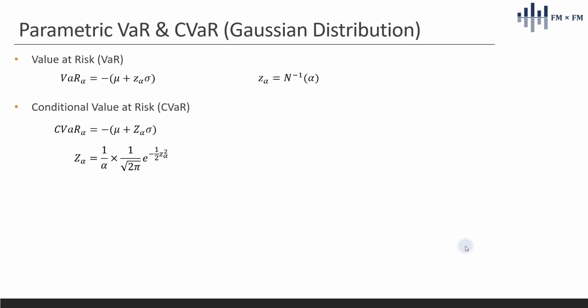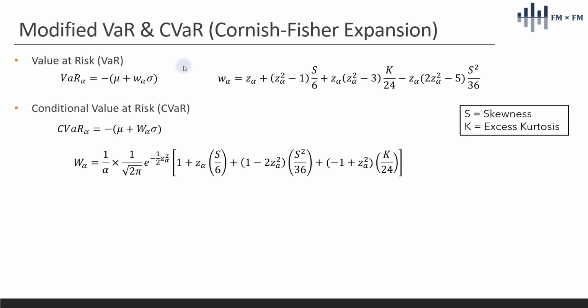In my previous video where I demonstrated the parametric VaR and conditional VaR using the Gaussian distribution, we used these formulas to calculate VaR and also conditional VaR. If you would like to incorporate skewness and kurtosis into the estimation of VaR and conditional VaR, then you can consider the Cornish-Fisher expansion, where we can incorporate skewness and excess kurtosis k into calculating the standard